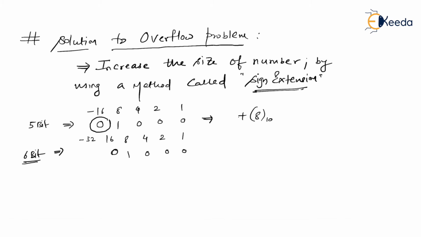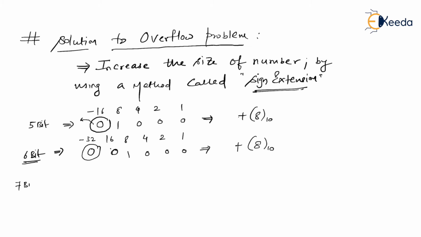So if you want to increase the size of the number, try to extend with the sign bit. Try to extend with the sign bit means if the sign bit is 0, try to extend with the sign bit 0 only. So right now you may not understand what I'm trying to tell you until we start with the negative numbers. So here at least you just pay attention that all of the rest of the bits are 0, only below 8 there is 1. Secondly, MSB equal to 0. MSB equal to 0 indicates it is a positive number, and this is still 8 to the base 10.